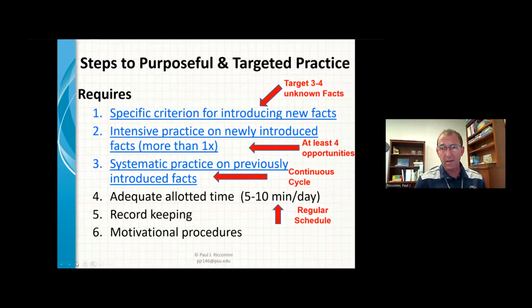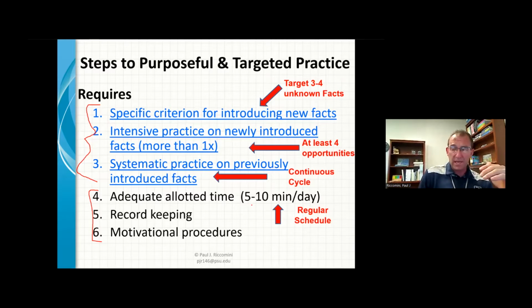Steps 4 and 5 here are for anything you're going to do: enough time, record keeping, motivational procedures. But these are the critical steps. I have these in the context of incremental rehearsal, but this idea of chunking versus randomly practicing everything should be applied in almost all the strategies.